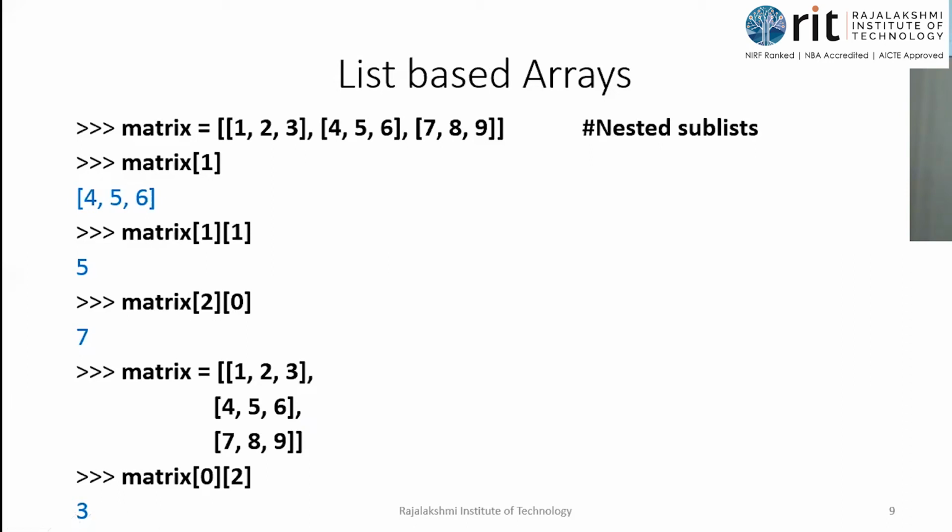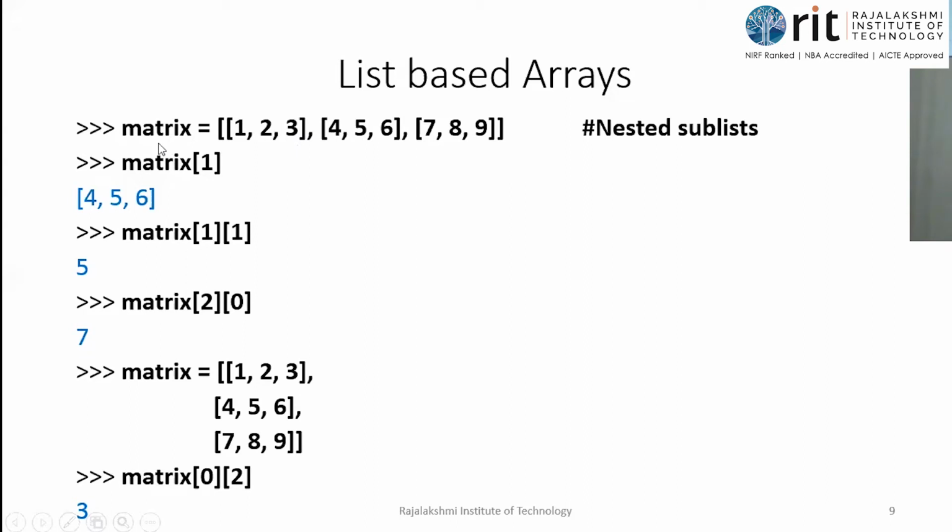So you would have learned about the matrix, isn't it? How do you write the matrix using list? List is a collection of values separated by commas and enclosed in square brackets. In a matrix, matrix is equal to 1, 2, 3, 4, 5, 6, 7, 8, 9. How many elements are there in this list called matrix?